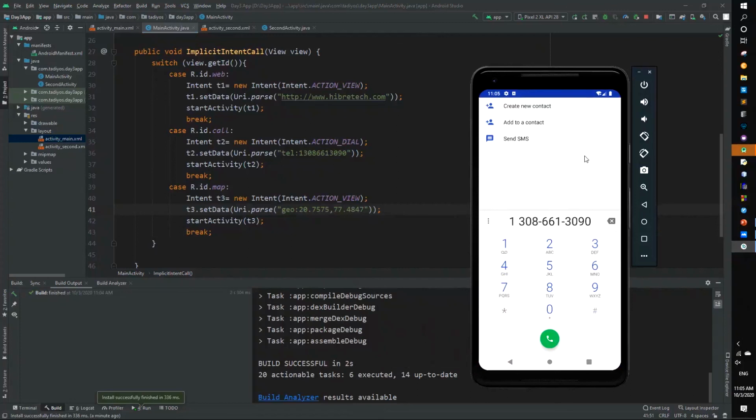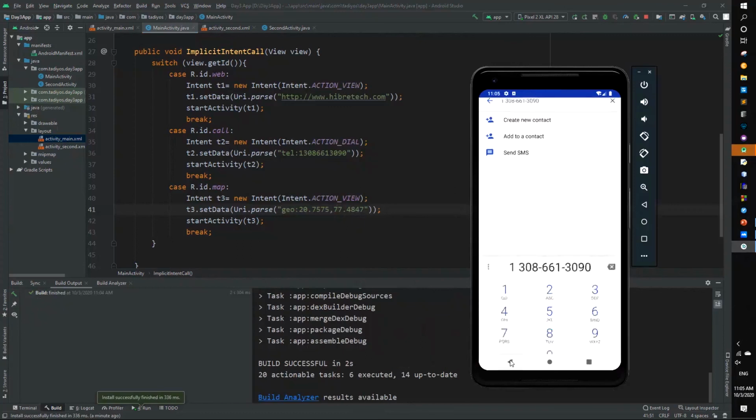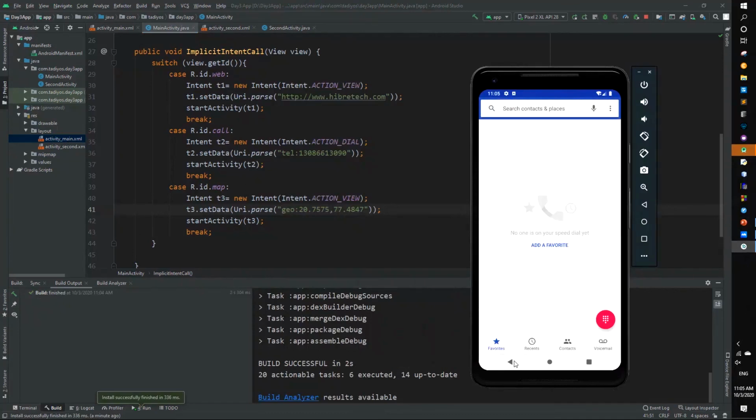If I have many phone call apps in my device, it will allow me to choose which app I want to pop up with this specific request. For now, we only have one phone app, so it will just pop up with this specific app. So now we can call or do something else, and we can go back and check